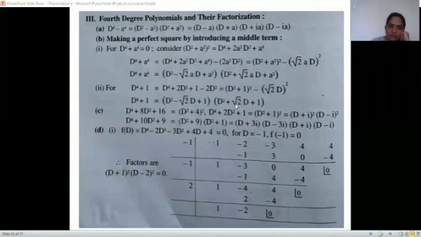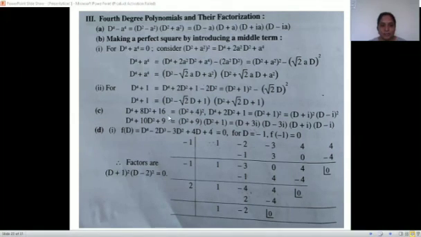So we'll add 2D square, we'll subtract 2D square, and from the first three terms we can see this is D square plus 1 bracket square, right? Minus this is root 2D square, this whole term. We have to write it as some bracket square, so if we want to write the bracket square 2, we have to write as root 2 square. And B is D square. Now it becomes A square minus B square, so it is A plus B, A minus B. This is the factorization.